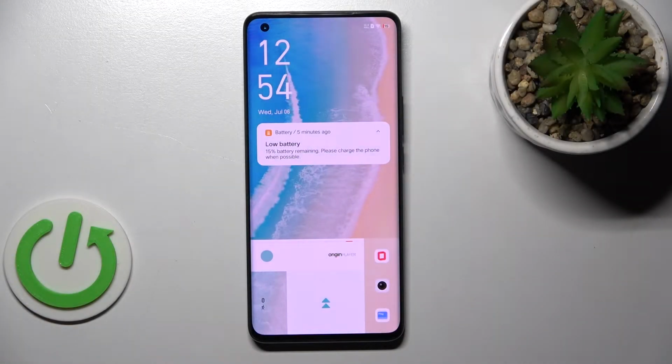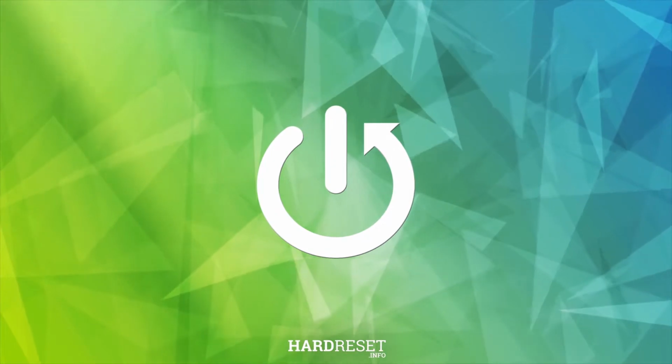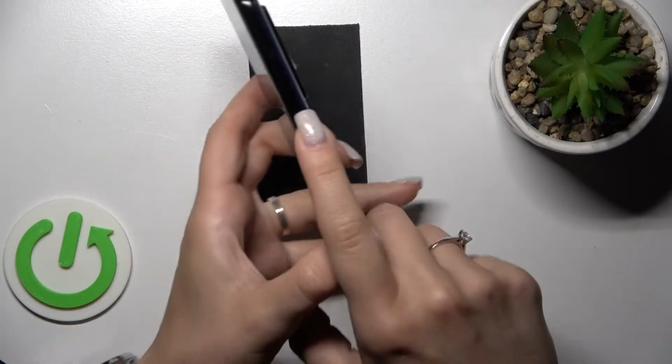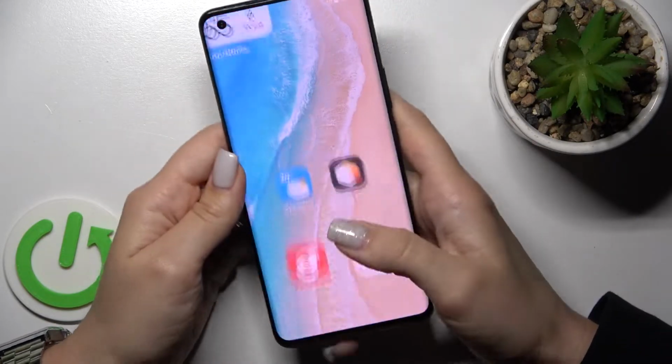Welcome. Today in front of me, VIVO IQOO 5 Pro, and I'll show you how to activate quick launch on this device. So now by double pressing the down volume button, we can see here any actions. That's why if you want to launch